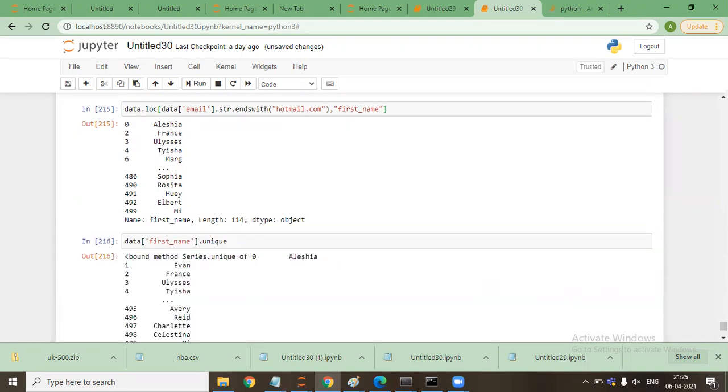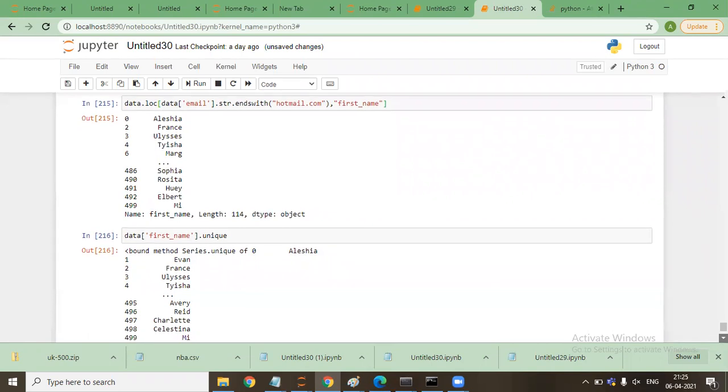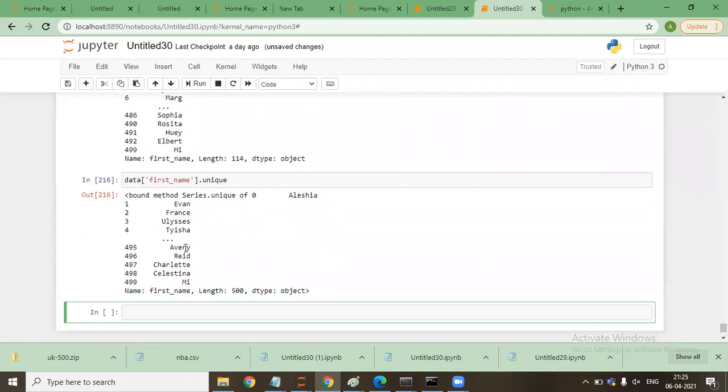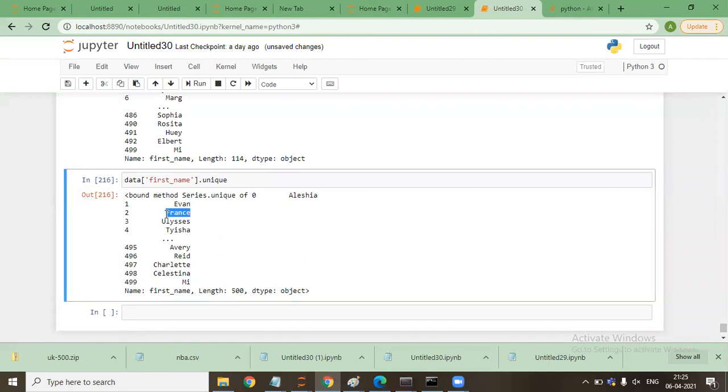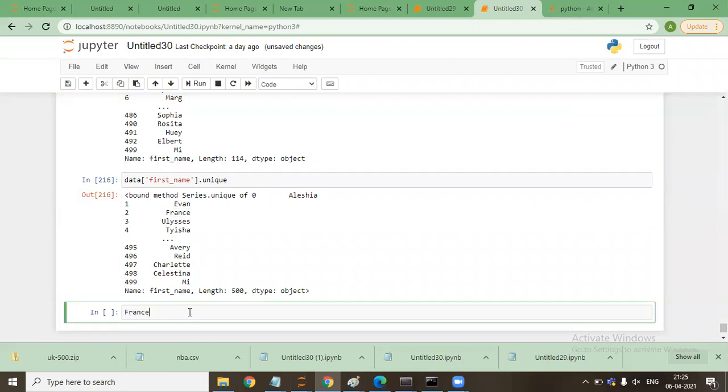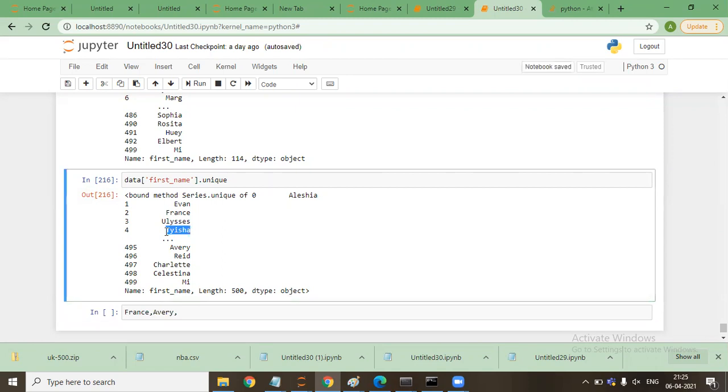These are the unique names that are coming. Now I want to select the names which are either Friends, Every, or Tisha.